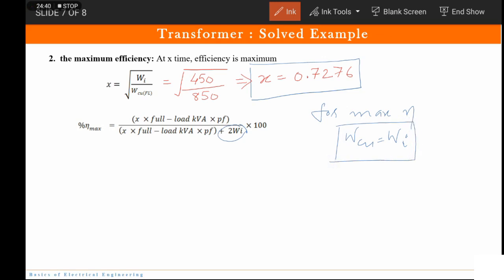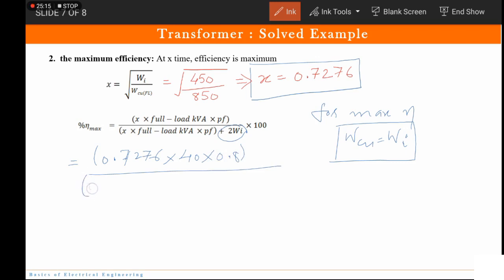We have already studied this equation also, but I am telling you again and again so that it registers in your mind. Now we shall put the values. The value of X is not 1 now, which was the case in the earlier section. Now here the value of X becomes 0.7276, into full load kVA, which remains the same, power factor remains the same,